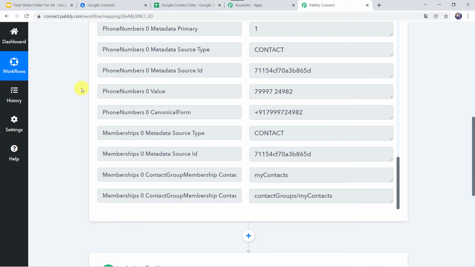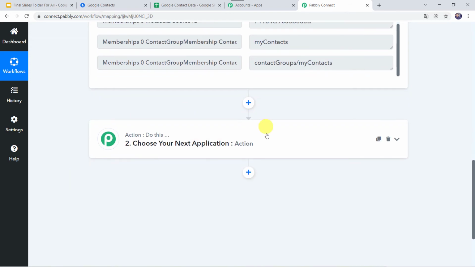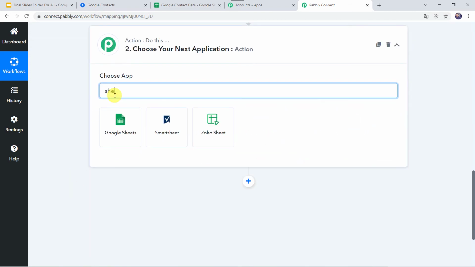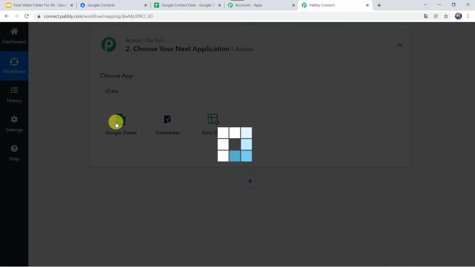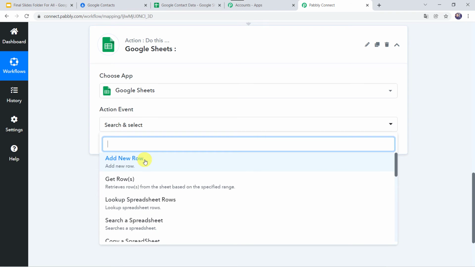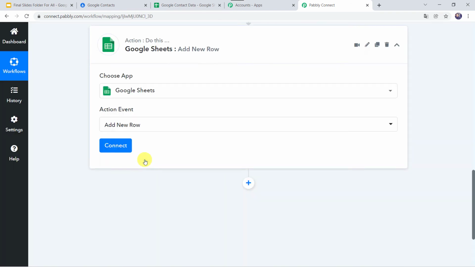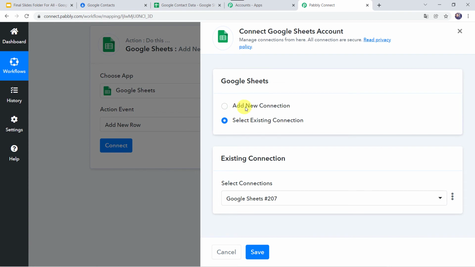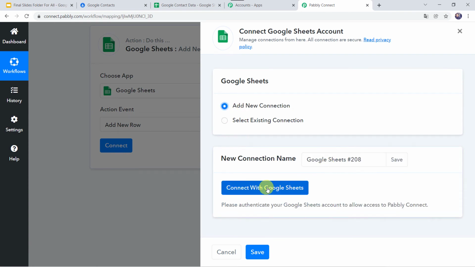Now we want that using these details, automatically the data should be captured into the Google Sheets. For that, come to this action window, and here in the application name, let us select Google Sheets. In the action event, we have to select Add New Row. Let's click on Connect. Here we have to click on Add New Connection and connect with Google Sheets.